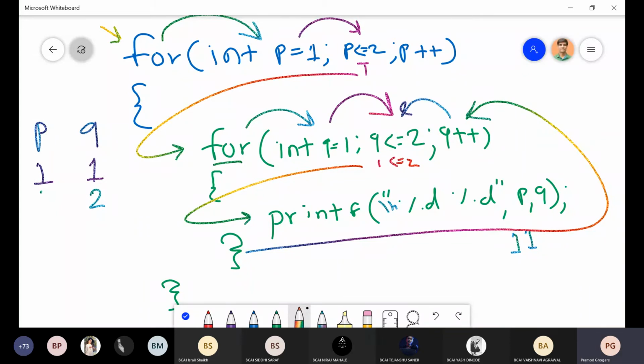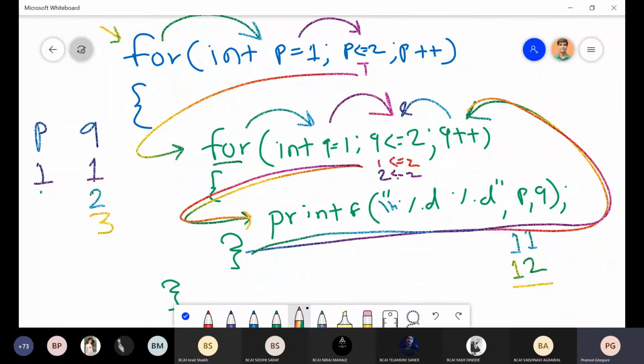Once again it will come to the condition, 2 is less than or equal to 2. So the condition is true, it will come to here, slash n. It moved to the next line, p's value 1, q's value 2. q plus plus, that is 3. 2 is less than 3, or not equal to 3, so it is false, so it will come to here. Okay, from here it will directly come to this part.